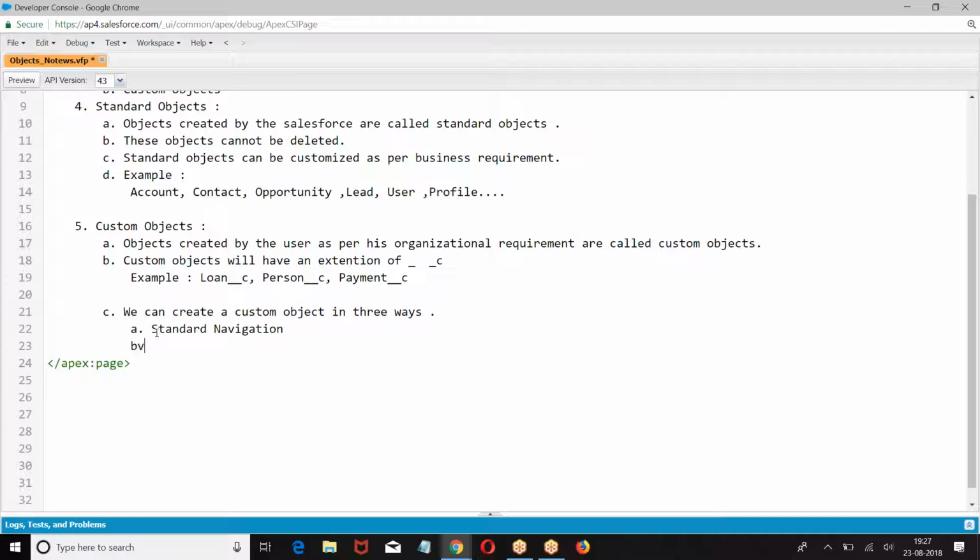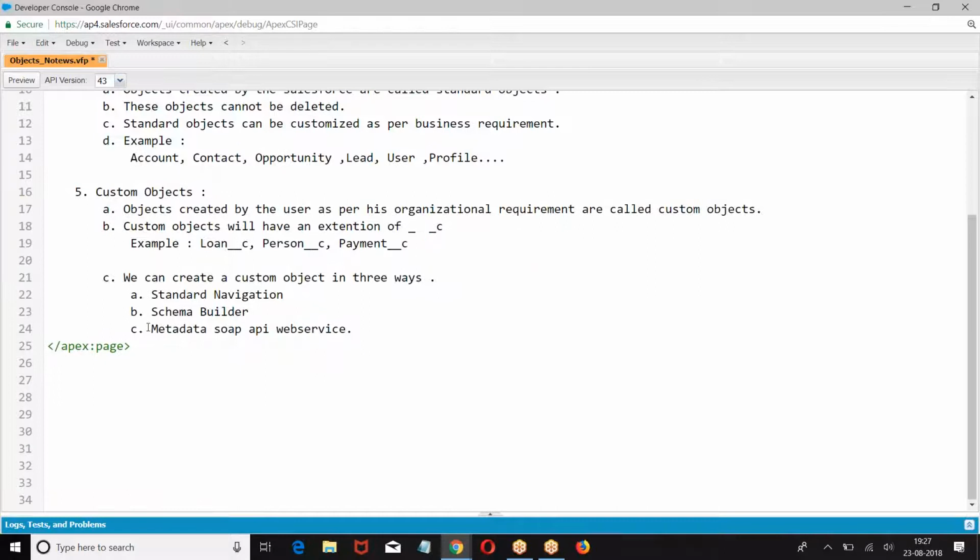Second one is schema builder. Third one is metadata SOAP API web service. We can create a custom object in three ways: standard navigation, schema builder, metadata SOAP API web service. These are the three ways.